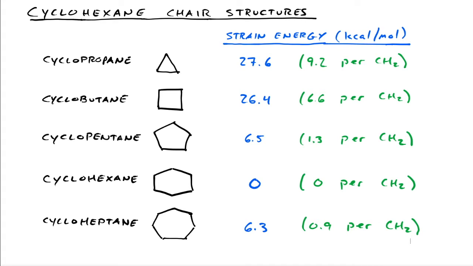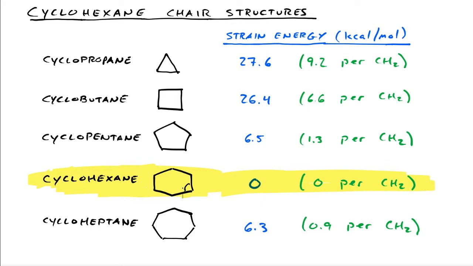But what we can see is that there's something odd about cyclohexane. Just highlight this, make it big and bold. Something odd is occurring here with cyclohexane. There's 0 strain energy in this molecule, and then of course that would mean 0 kcals per mole of strain energy per CH2 as well. So how can cyclohexane be this perfect little strain-free molecule? Well, it turns out that the bond angles inside the cyclohexane ring, the bond angles here are not